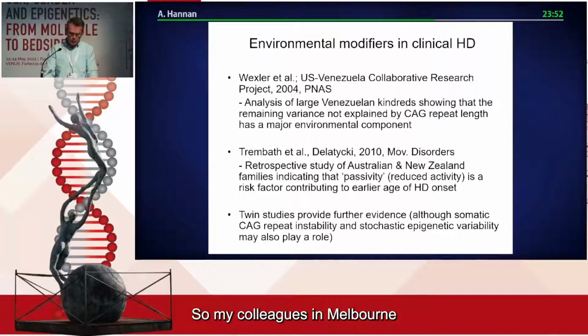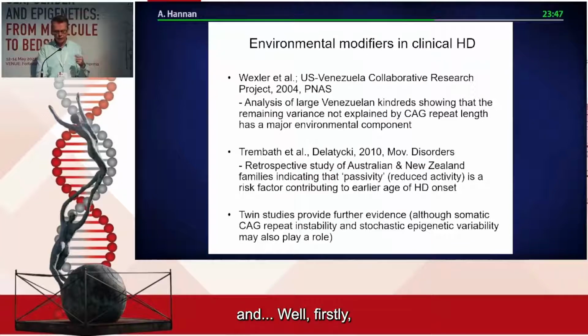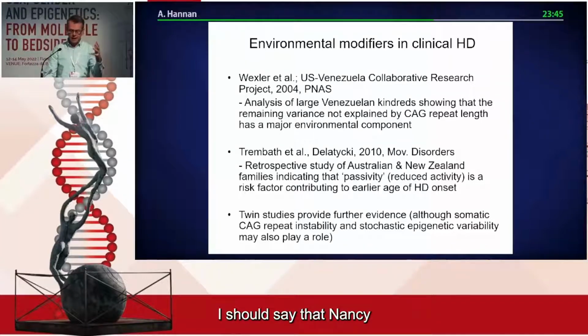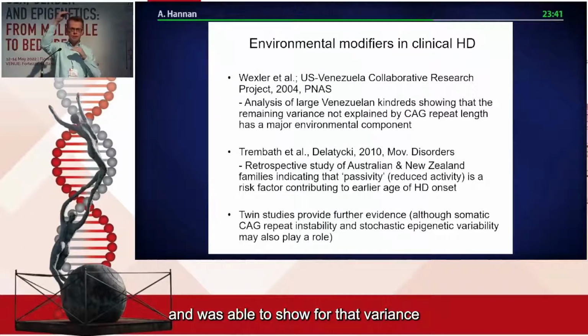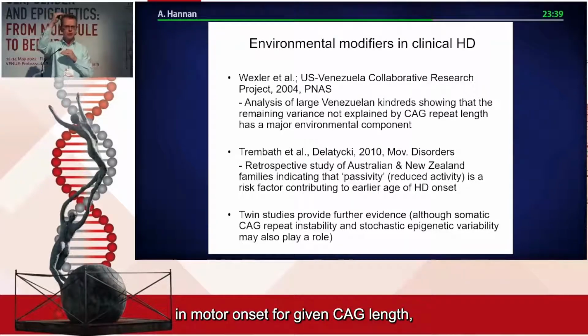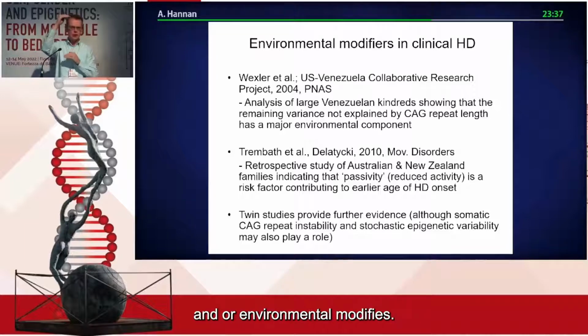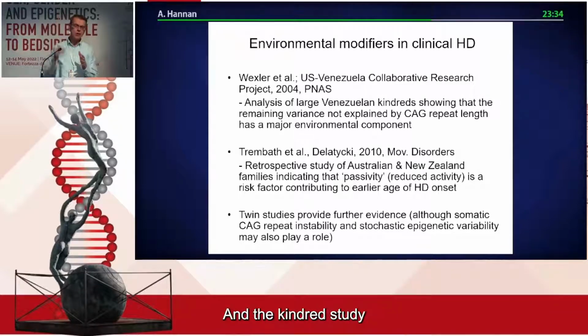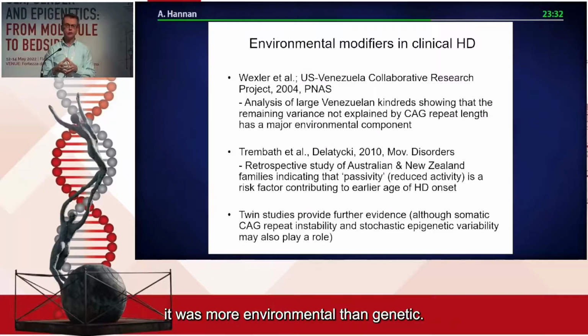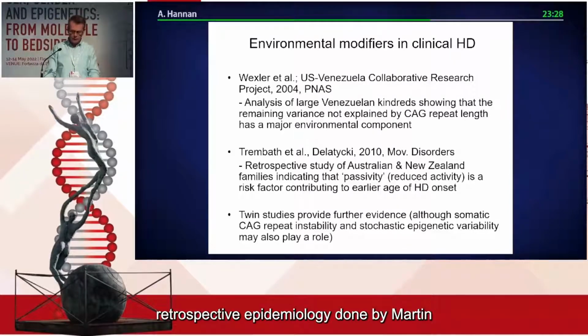So my colleagues in Melbourne, led by Martin Delatycki, took our mouse work and, well, firstly I should say that Nancy followed up our work in the Venezuelan kindreds and was able to show that the variance in motor onset for a given CAG repeat length is obviously due to genetic and/or environmental modifiers. And the kindred study that they did showed that it was more environmental than genetic, and then the retrospective epidemiology